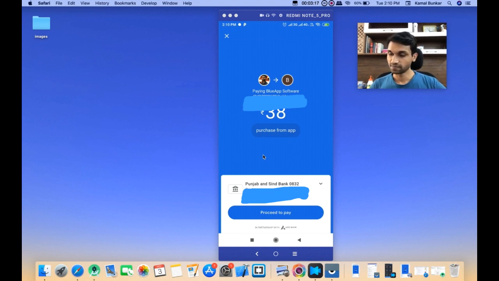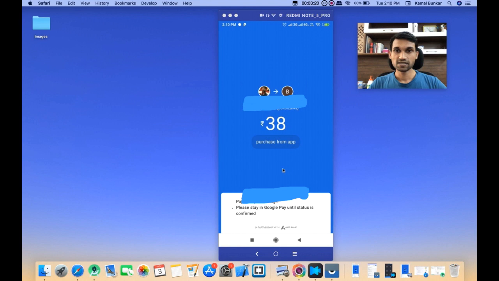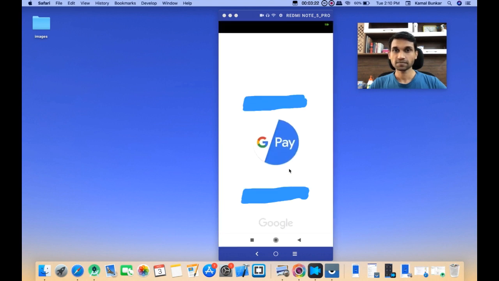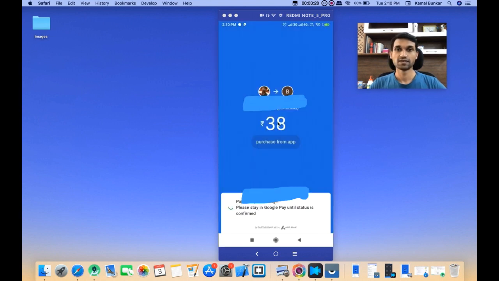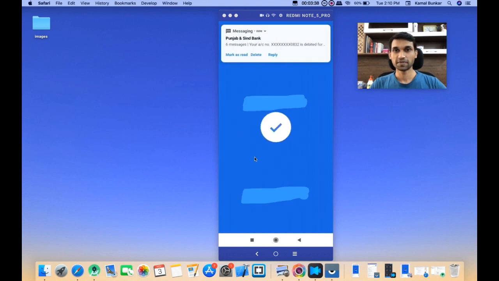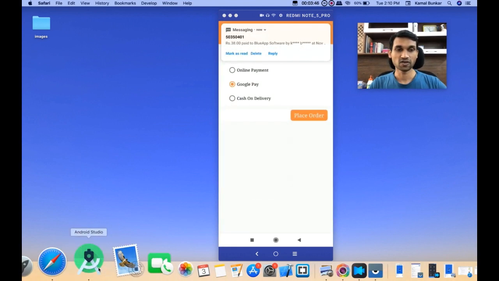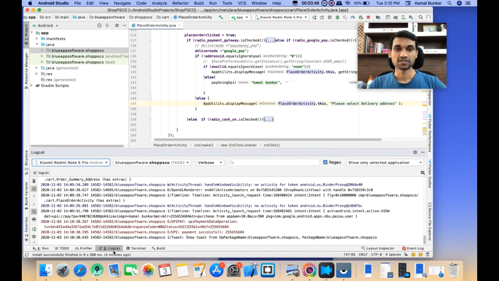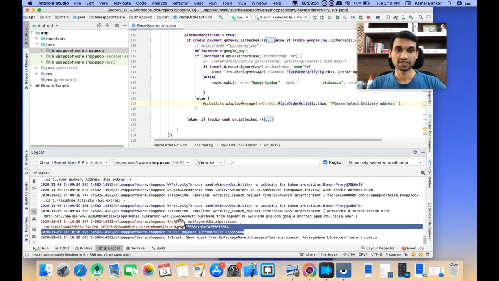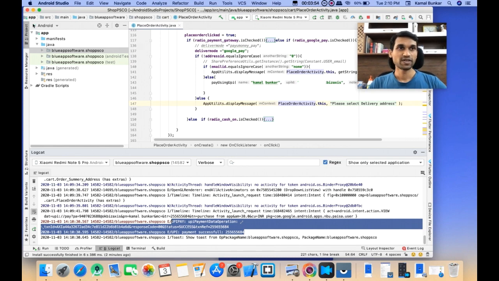If I click on process, it asks for the password, so I give the password and done. Just wait a while and you can see the payment is successful. The transaction is successful, and I will get the details in my logcat as well. Yes, I can see the details, so it is working fine.